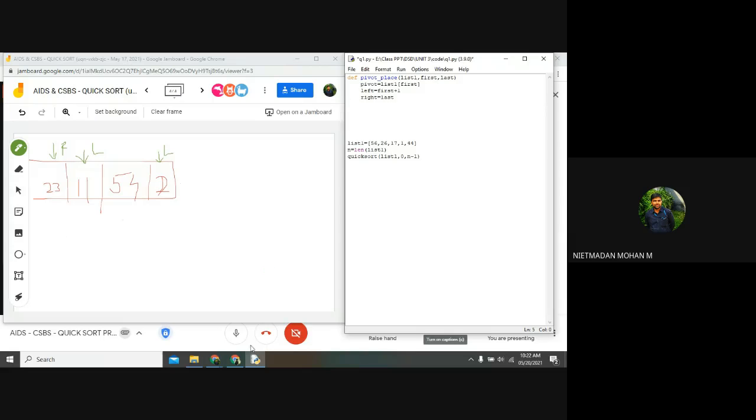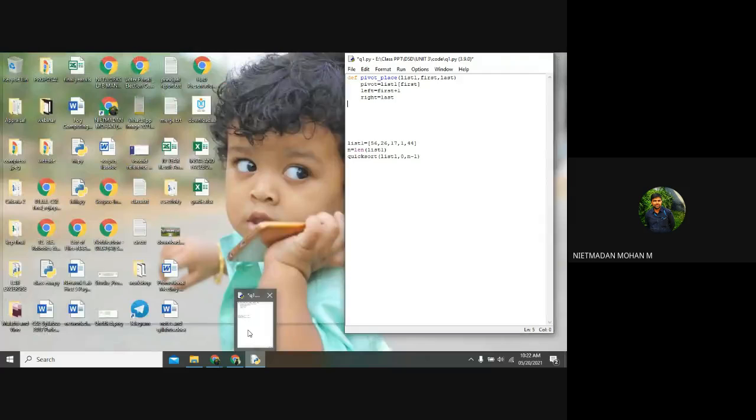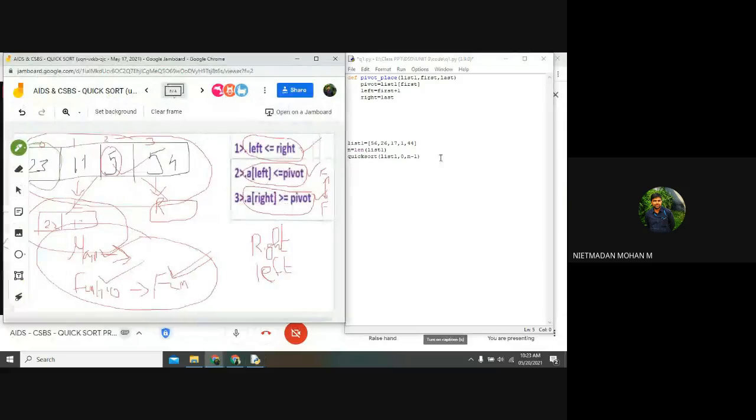That is the thing. After that, what do we want to do in the program? We have taken the pivot value, we have assigned the left value, and we have assigned the right value. And after that, what we want to do? Check the conditions. So I am going to check a condition. In this, I am going to use a while statement, because I am going to check two conditions here. First, it will check this condition, and after that, it will execute this part, right?